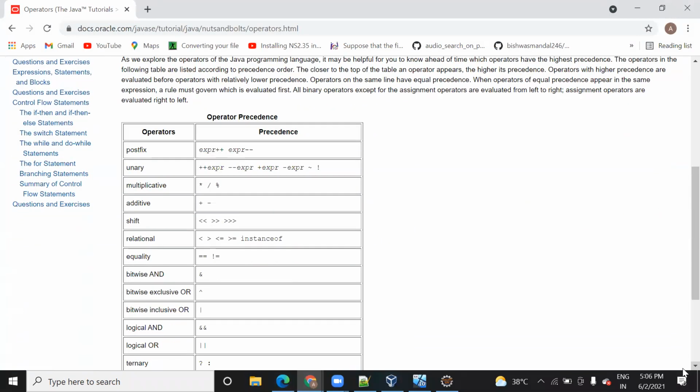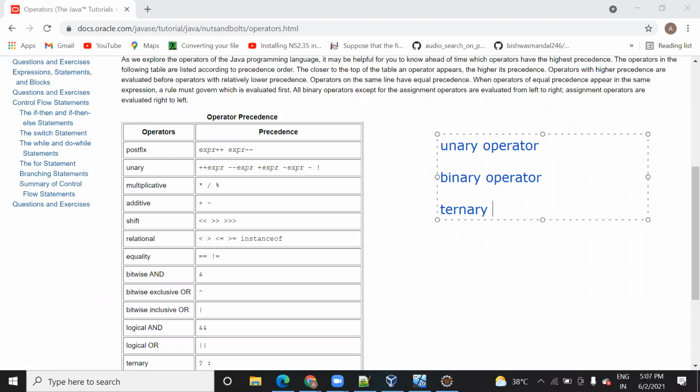So in Java, different kinds of operators are available, just like in C. You have seen it. There are increment operators, unary operators. Usually operators are classified into three categories: first, unary operator; second, binary; and third, ternary.